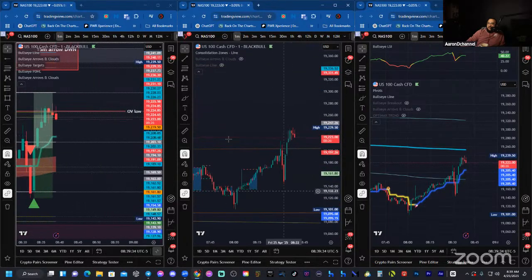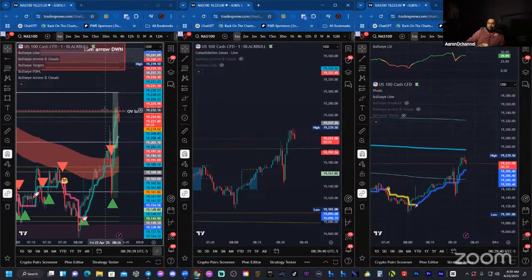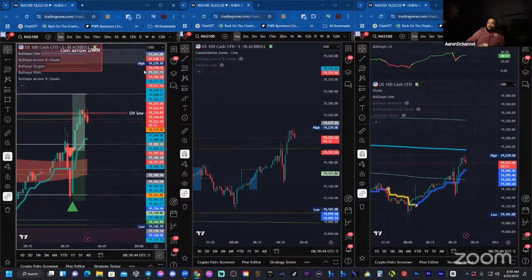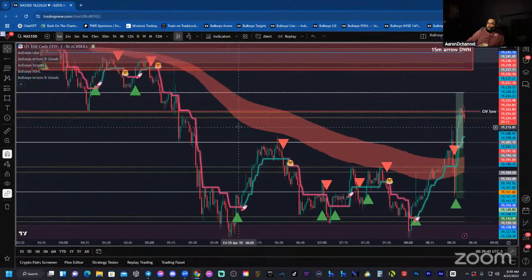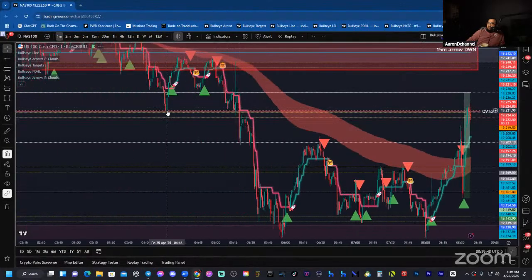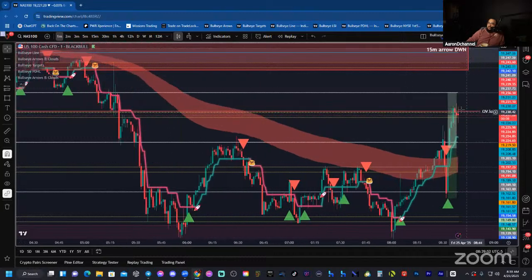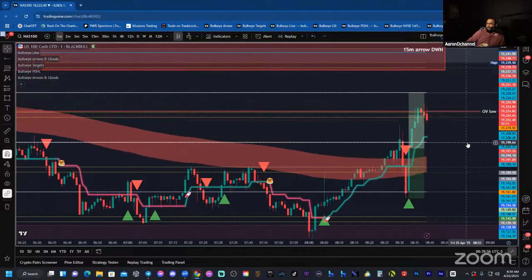All right, looks like it's failing again at the overnight low level. We took out that overnight low a long time ago. This thing just melted overnight. Let me open up that chart. Yeah, so that was the overnight low. We took it out. It's kind of a retest, potentially going to reject. Let's see if the bulls want to step in and actually take over this market.